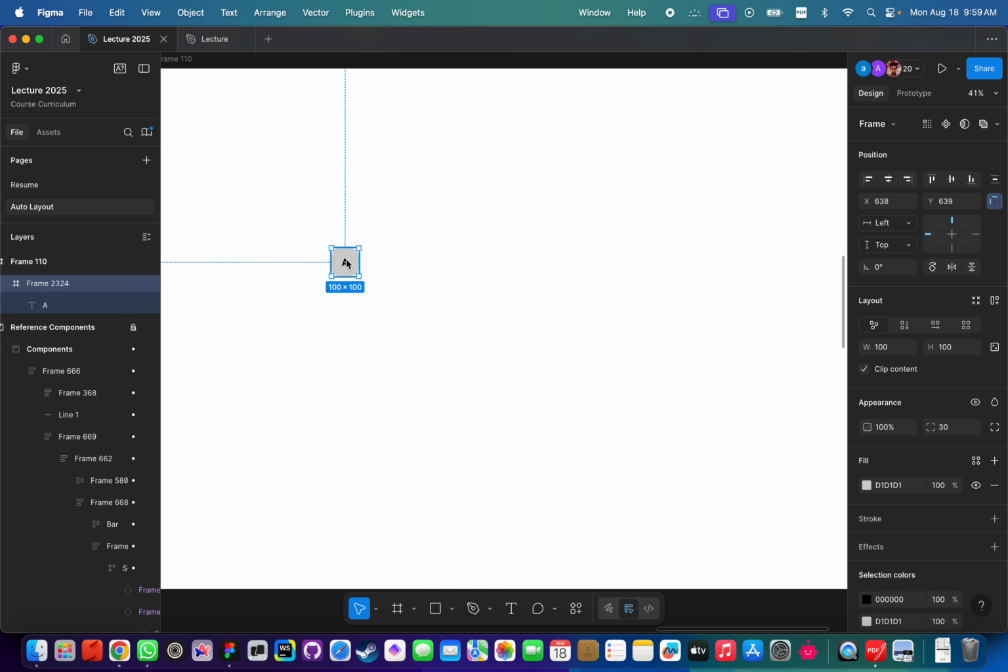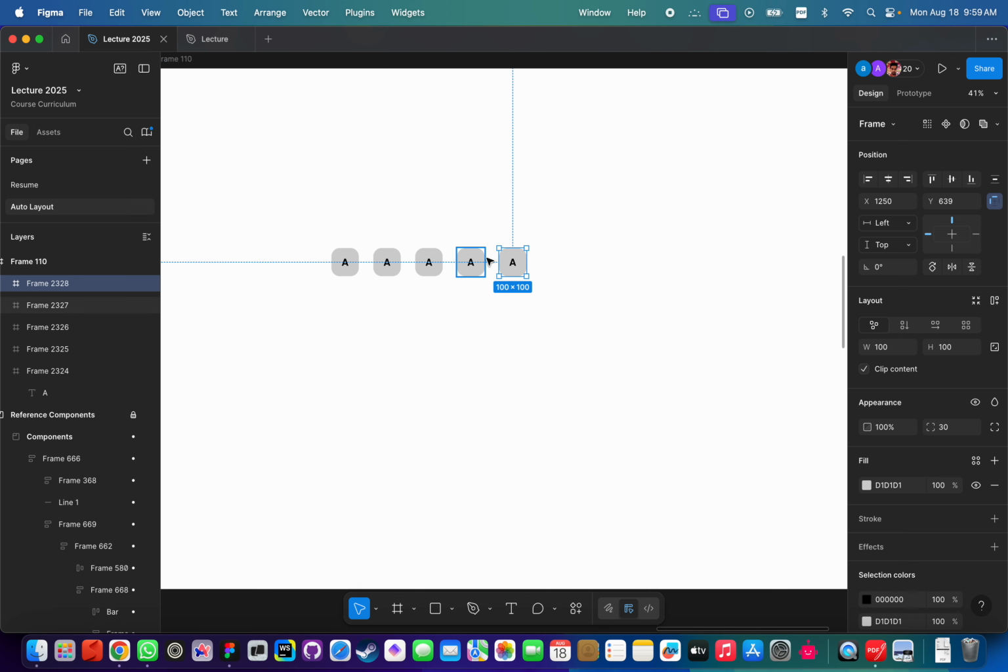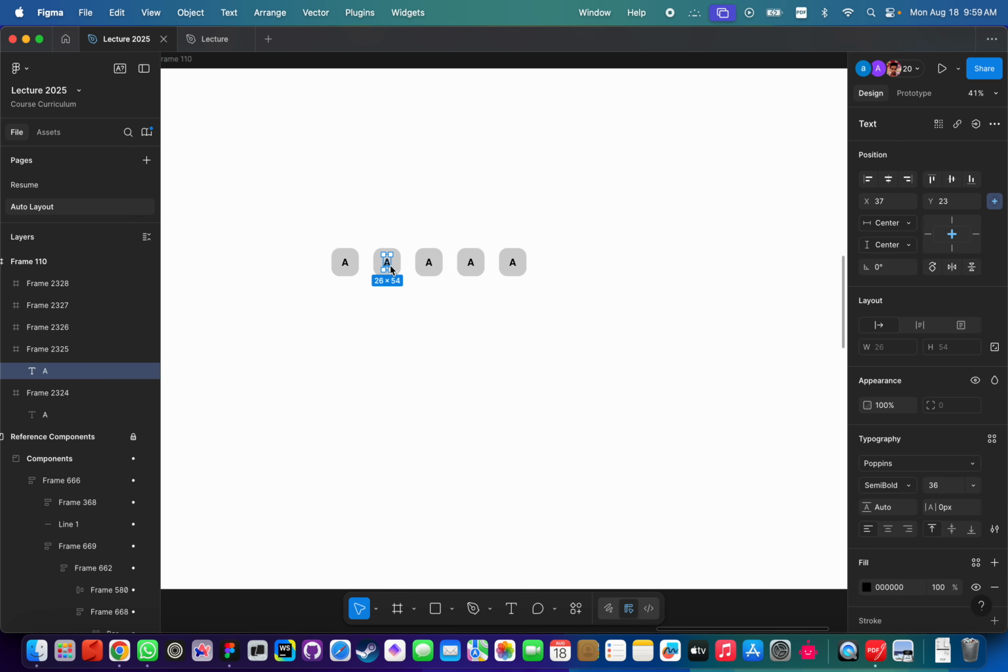Okay, and then I'm going to option drag it. Whenever I press option, you should be able to kind of do this, and then if you press command D after that, it will multiply and duplicate, okay? And then I'm just going to change